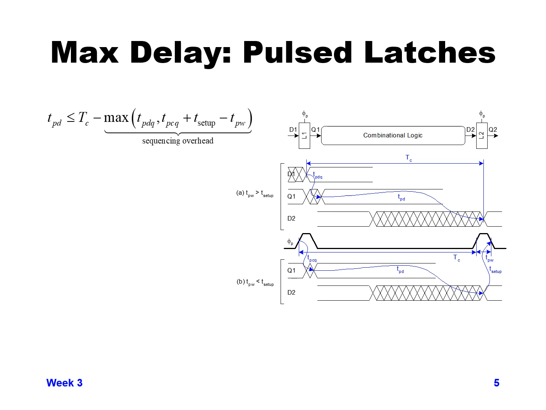And once D2 is stable, D2 needs to be stable a setup time before the falling edge, the capturing edge of latch L2. And in this particular case, since the setup time is larger than the pulse width,